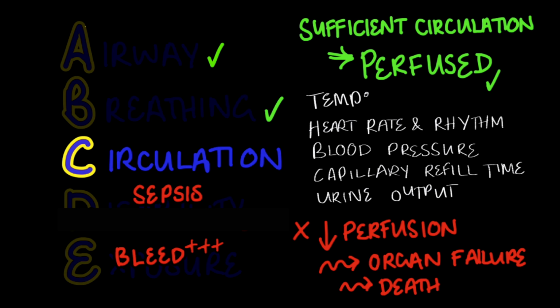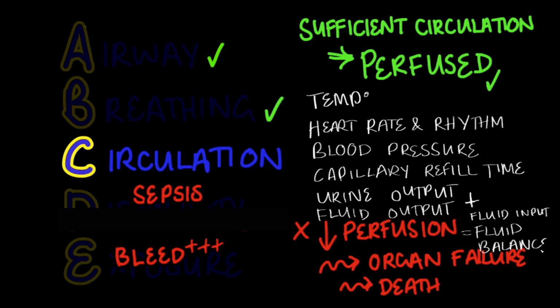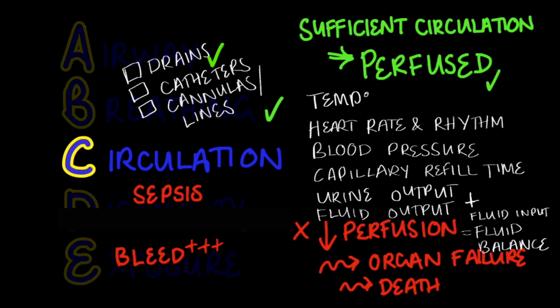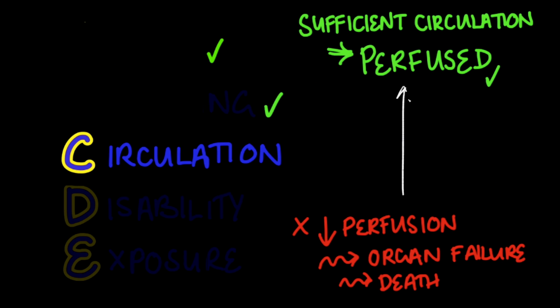Any kind of fluid output, be it vomit or the volume coming into a drain, is going to affect volemia and therefore circulation. So bear that in mind when you're calculating your fluid balance. Make sure you check your drains, your catheters, your cannulas and other lines, which are all going to be players in your patient's circulation. Your circulation-related interventions could be anything from just repositioning and popping your patient back in bed,